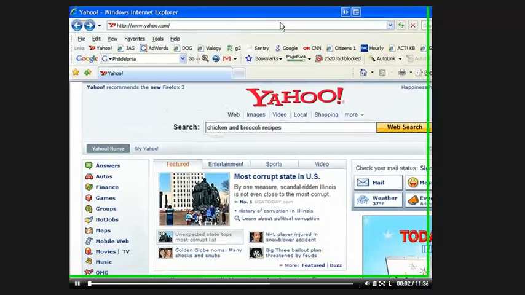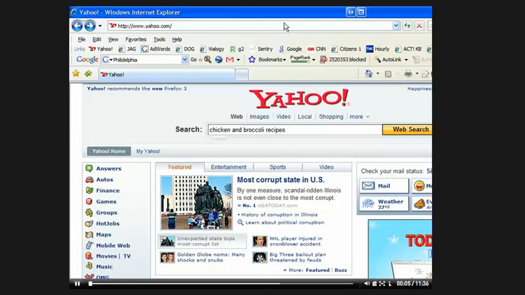Hi, ladies and gentlemen. In our last class, we took you on the internet via Microsoft's Internet Explorer. Internet Explorer is a browser that allows you to browse or look around the internet. We also told you that we started on our home page, that is Yahoo. And I want to go into a little more detail about the home page and some of the things you're